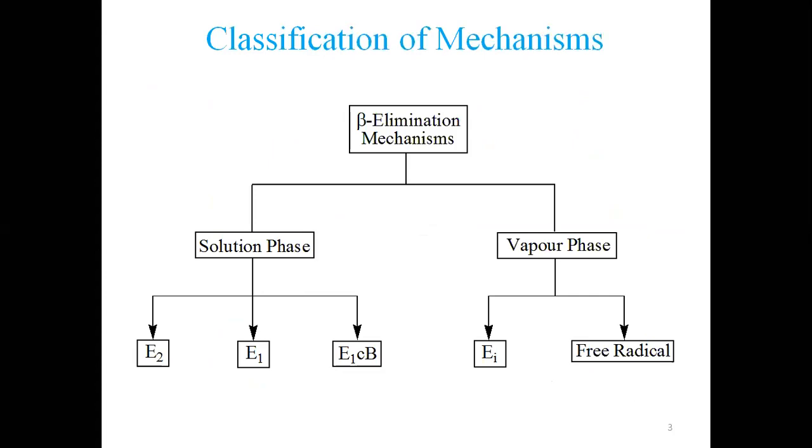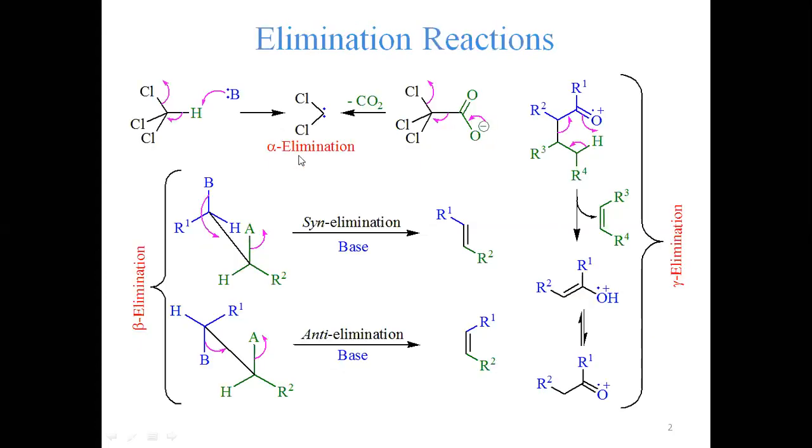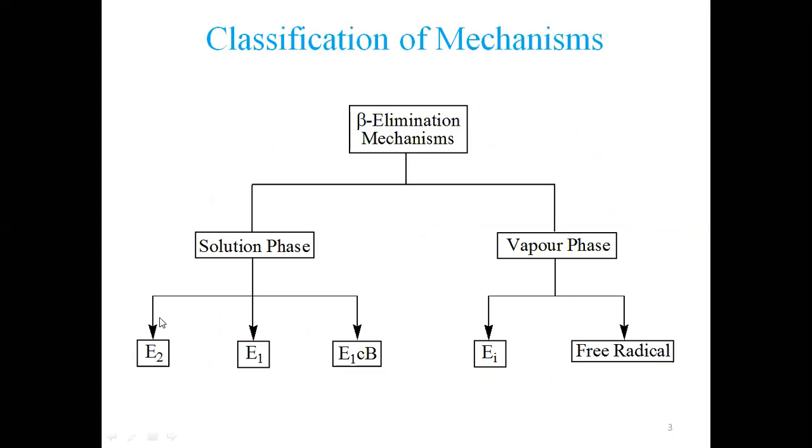So this is the classification of the mechanisms. We are only discussing beta elimination. I have presented alpha elimination here, but we are not going to study gamma elimination. Gamma elimination shall be studied in the next semester. Similarly, alpha elimination shall also be studied in the reaction mechanism course, and this shall be studied in the spectroscopic methods course. So these two are in the next semester, where they will be clarified to you. But at the moment we are focusing on beta elimination. This is the classification of the beta elimination.